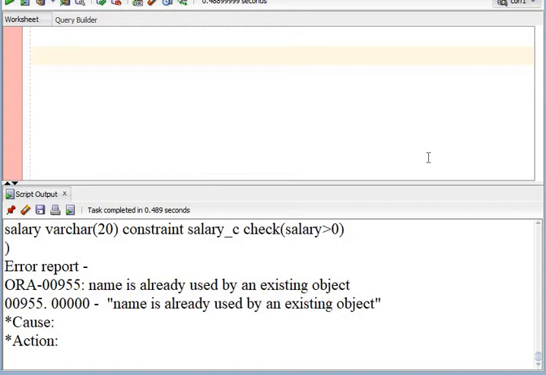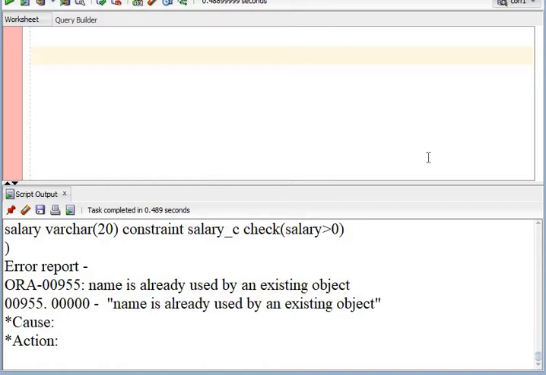One important thing about the alter command is that when you are making some changes in the table, the data stored in that table must be able to cope with the new changes. Suppose I want to apply a new constraint on my table where some data is already present.